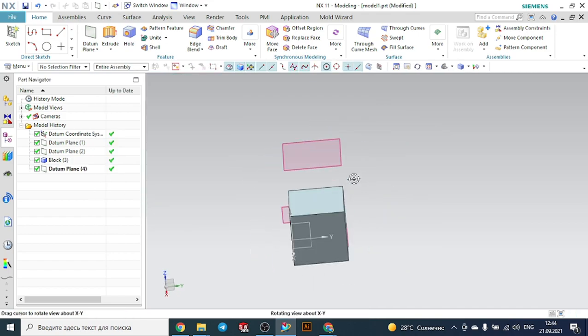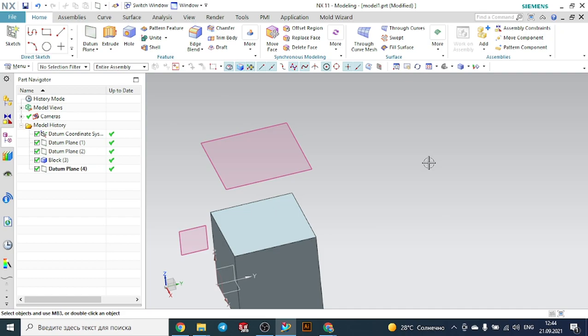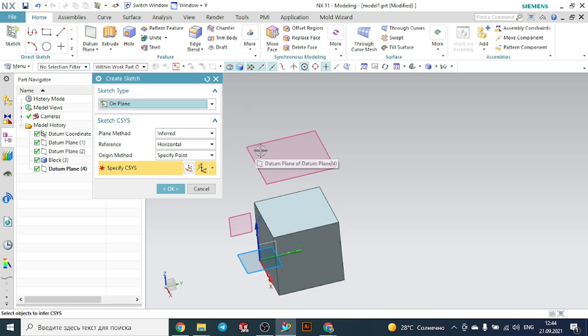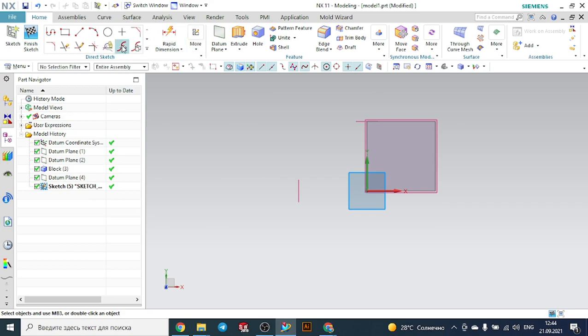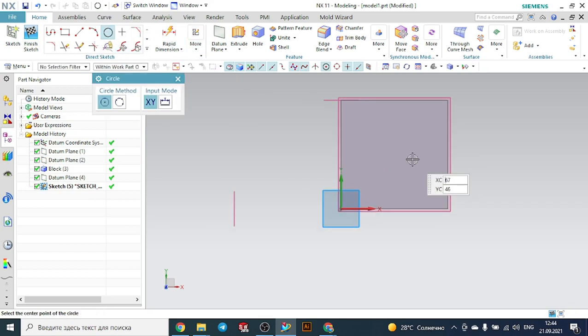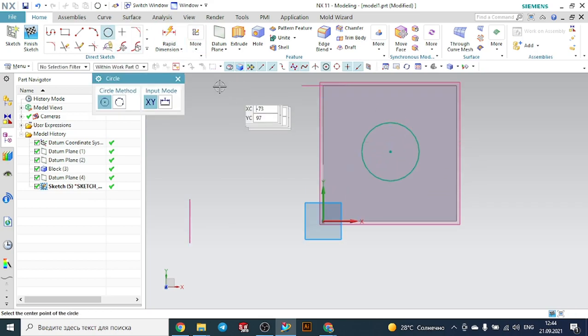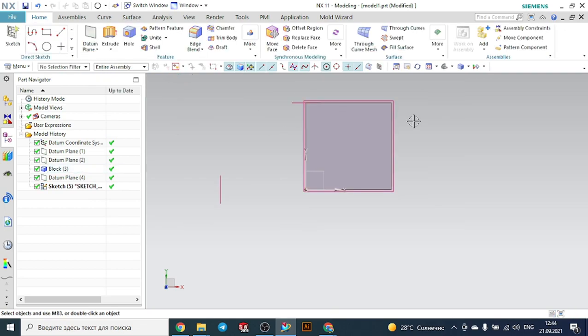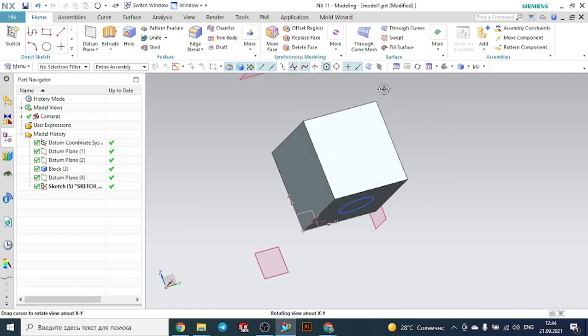You see, the new datum plane according to this surface is created, and I can select this datum plane as a reference plane to draw any sketch. For example, go to the sketch, I select this new datum plane and press OK, and I can draw, for example, a circle here and finish it. Sorry, I selected a different one, so delete,